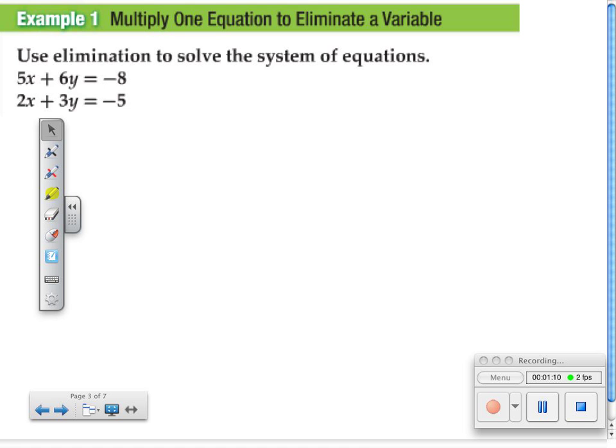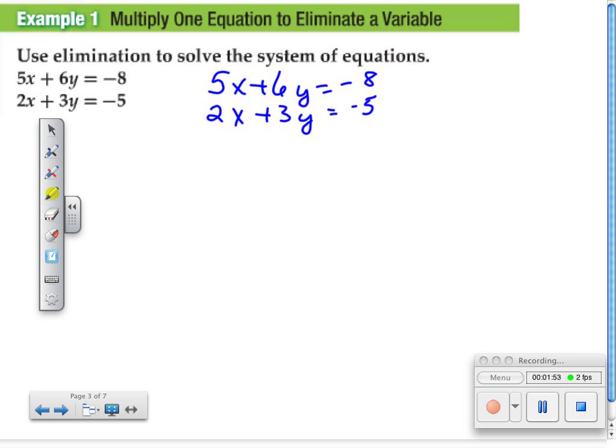All right, 5x plus 6y equals -8, and 2x plus 3y equals -5. Okay, so you can see we have nothing we can just eliminate by adding or subtracting. However, I noticed that 6 and 3, there is something I could multiply by to change my 3y to 6y, and of course, that is 2. So what's going to happen is I'm going to multiply everything